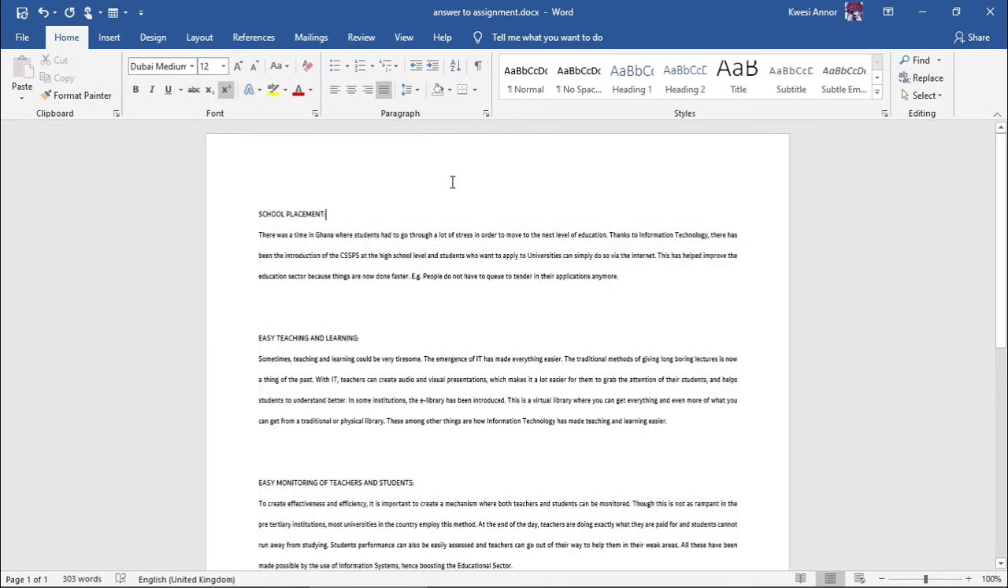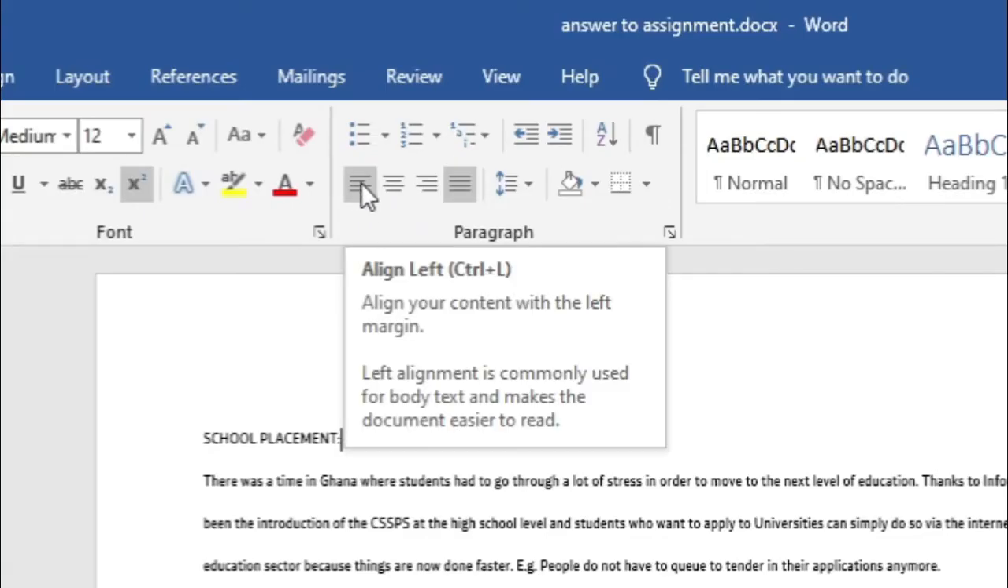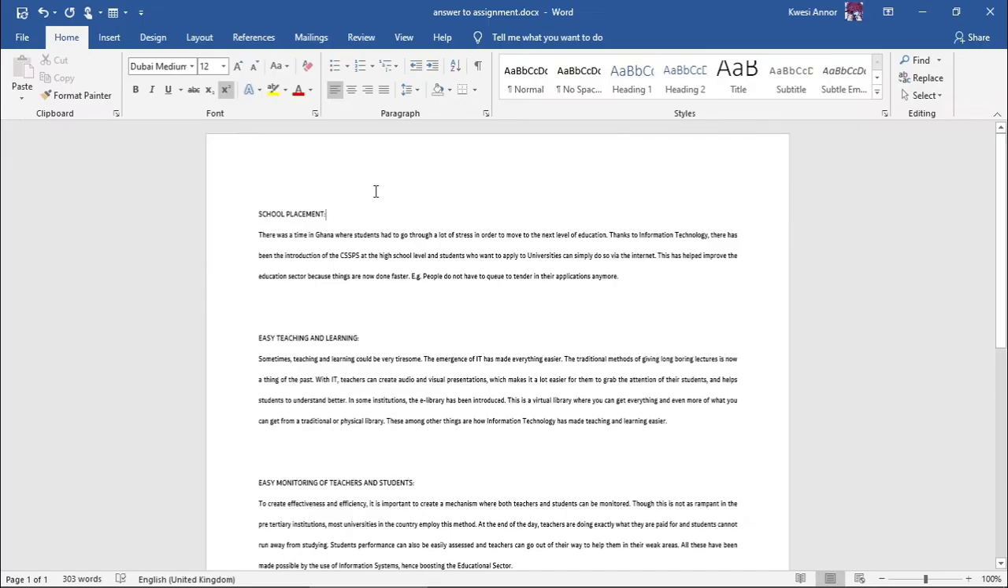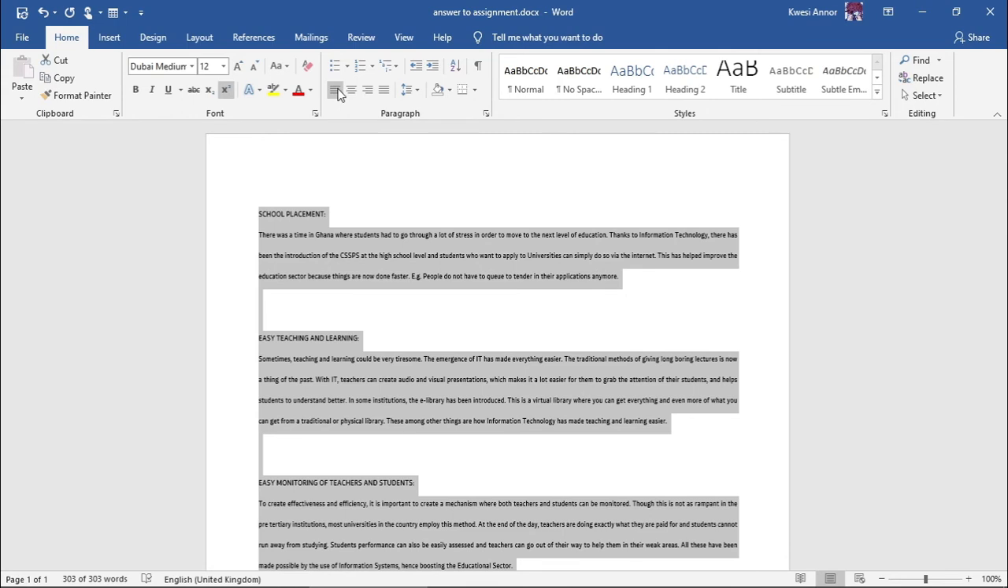Now the next thing I'm going to talk about is alignment and margin. If you come to the paragraph section of the Home tab, there are some things here that I want us to look at. Over here we have left align, align center, right align, and then you have justify. If you want to make these changes in your document, as usual, Ctrl plus A, and then you choose align left,